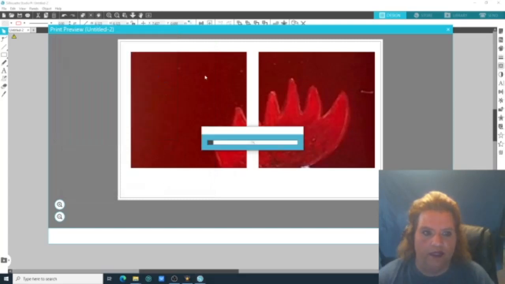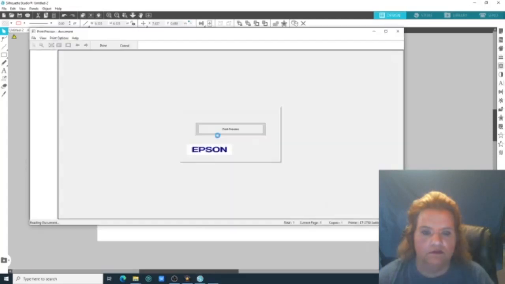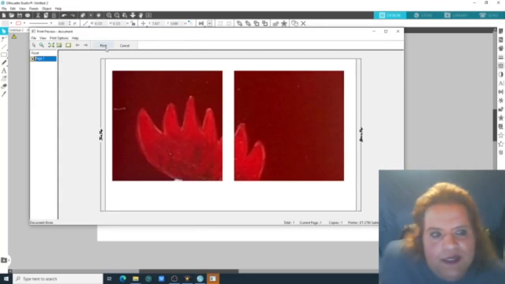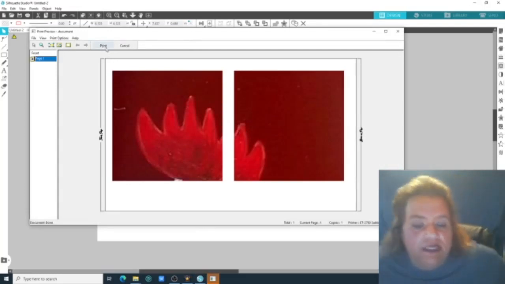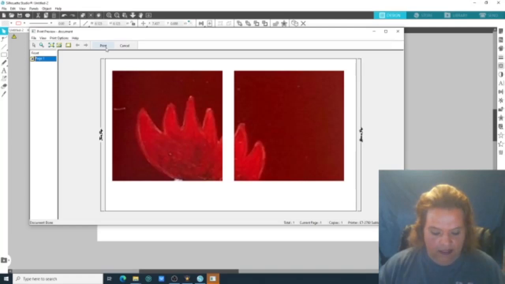Then you can print it. My print preview will show up. There you go. And you simply click print. I'm not going to print it because I don't need it. But that's basically it. So once your tiles are all painted and baked and you have all your sections resized